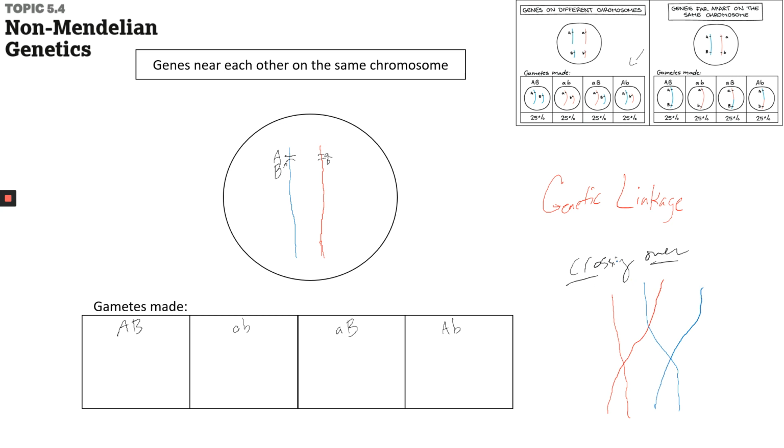Crossing over is going to happen, right? This is just something that's going to happen. And what is going to happen is you're going to have a swap of genetic material somewhere on these chromosomes. In other words, this red piece over here and this blue piece over here from these two chromosomes are going to swap places, and you're going to end up with some unique looking chromosomes. So again, this is unreplicated DNA, but if we pretended that this thing replicated, right, and you had two X's here,